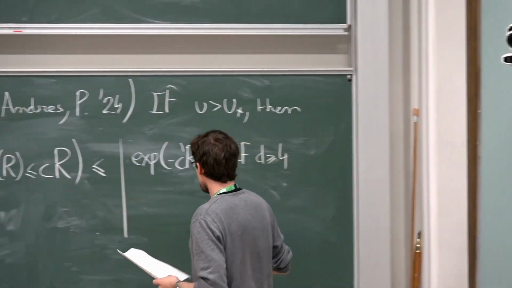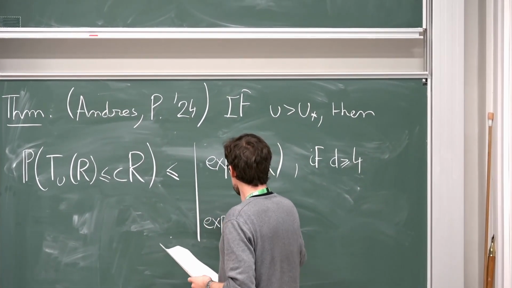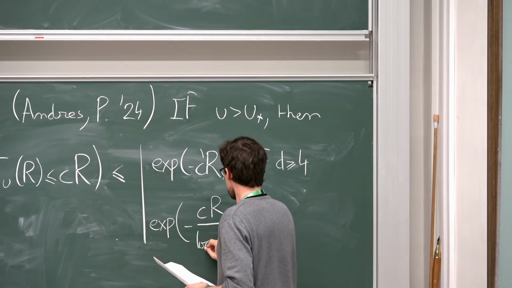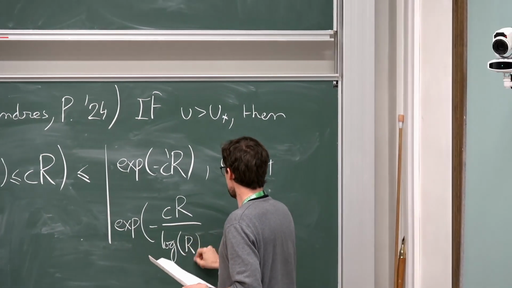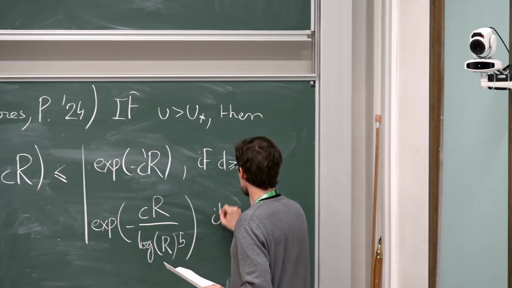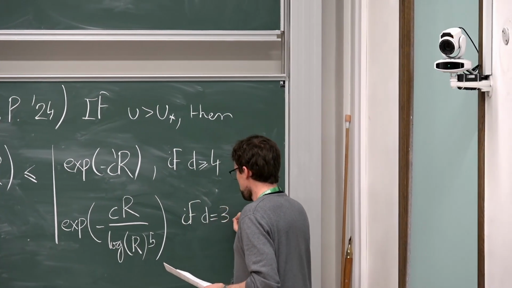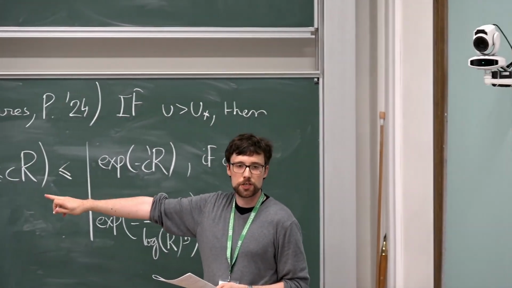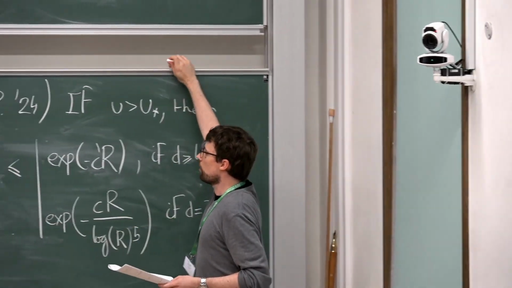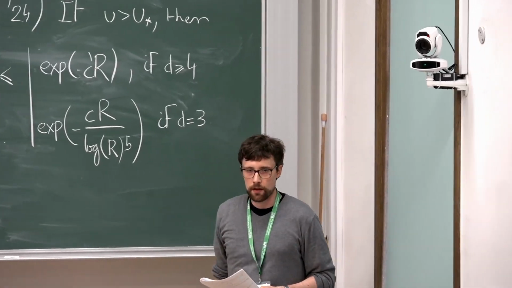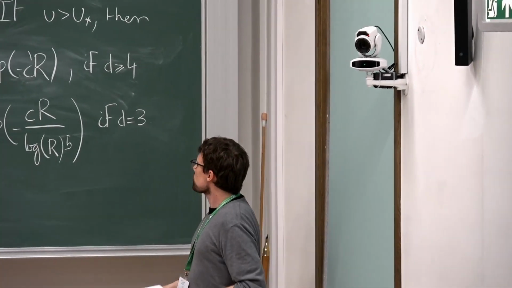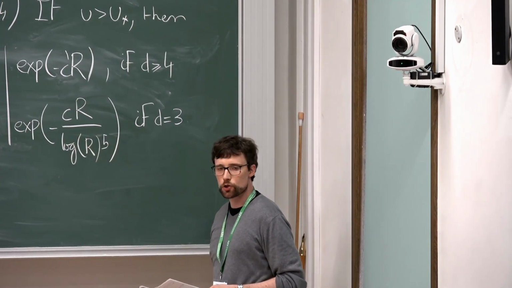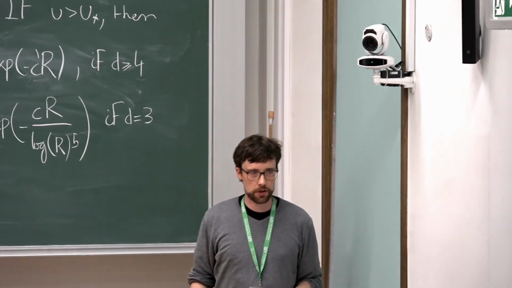And the second one looks a little bit different. This decays as R over log R to the power 5, and this is if d equals 3. In dimension 4, this is optimal for the same reason as before, because you have FKG, so you can show a matching lower bound. In dimension 3, however, it is less clear whether this is matching. You can still get an exponential lower bound, but is there some truth to the log, is the question.